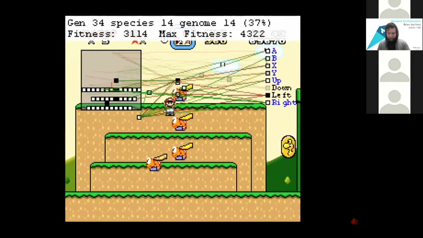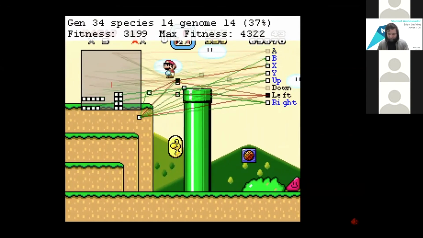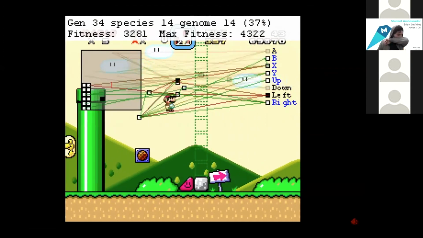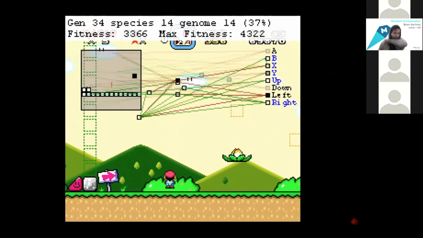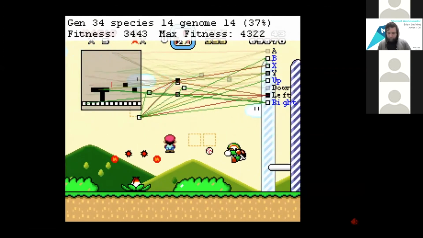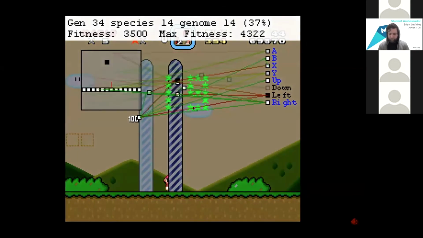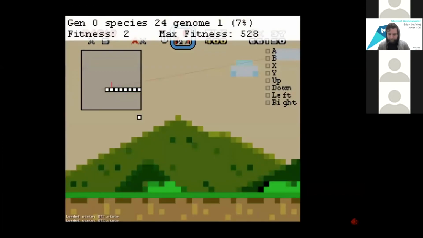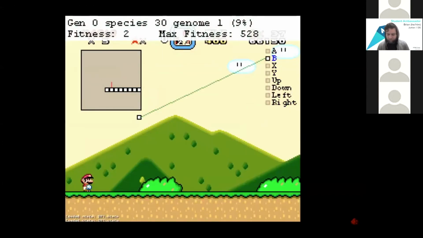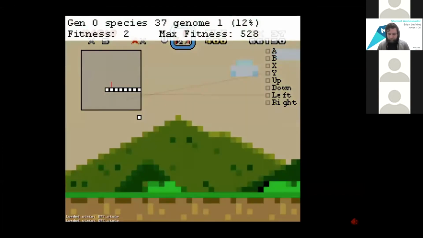The neural network you're seeing is a pretty complicated one, and it got so complicated as a result of a 24-hour evolutionary learning session. So to explain how neural networks work, let's rewind about 24 hours and look at how the whole process started. This is what Mario looked like at the beginning of his training session, all the way back in generation number 0.